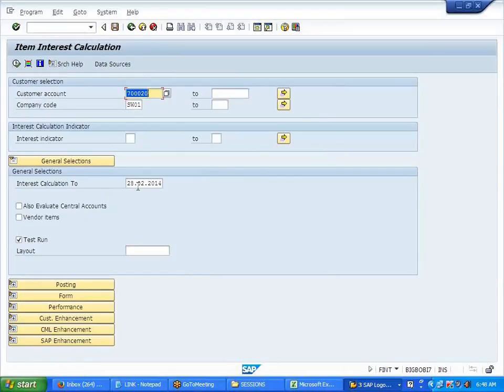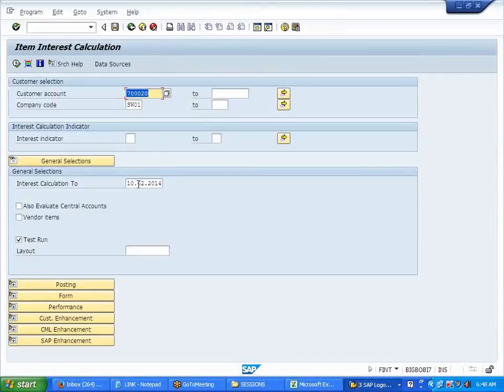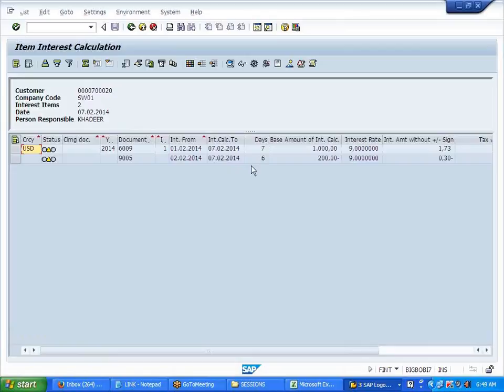So credit means we raised it on 0102, right? So 10/02/2014. Calculating, no? See? 9 days. Okay? Let's go for 7 now. Six days, see? Calculating. Not in case of the credit side. Only in case of a debit side.